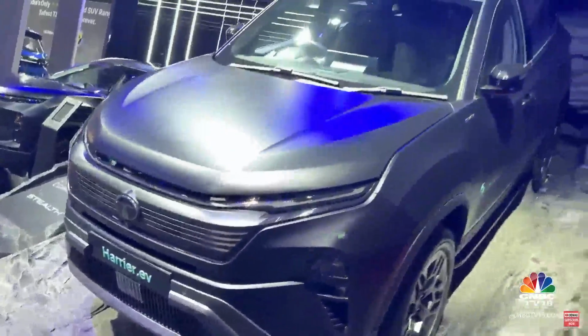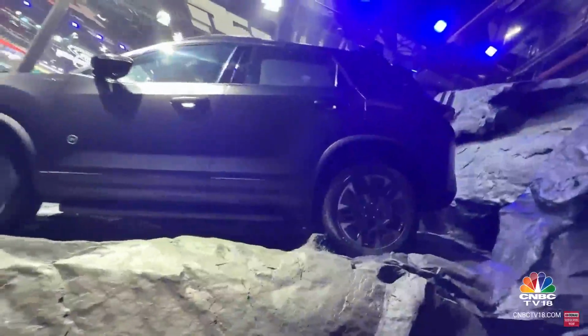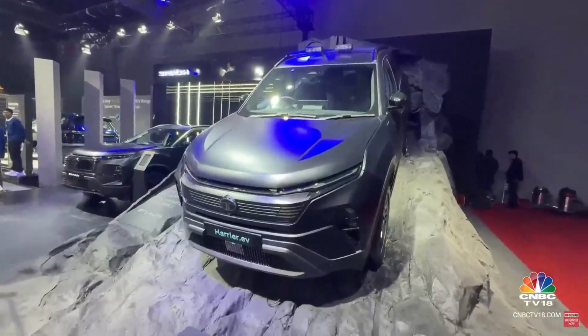the Harrier.ev is also going to be one of the first EVs made in India with all-wheel drive. So it's going to have a front motor as well. Now, when you have a front motor,